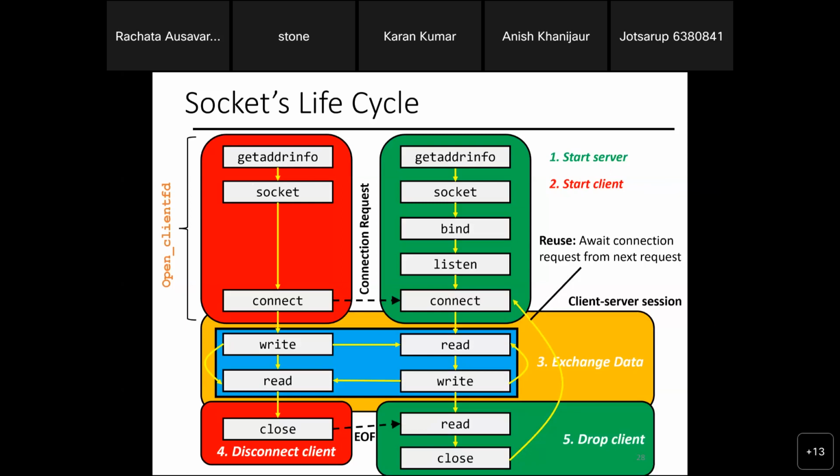All right. You see how when you exchange the data, you don't do the getaddrinfo and bind and listen again. You keep it up until you see the end of file, right? Because if a client wants to connect to you, just wait until the client is done before you close the connection. You don't have to redo the work in the beginning. All right. Any question from this diagram?